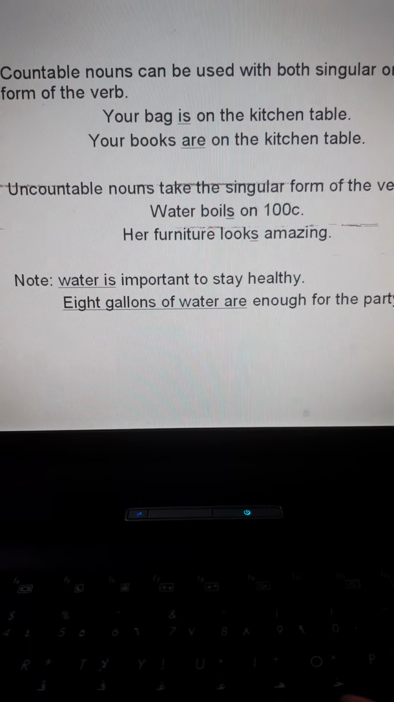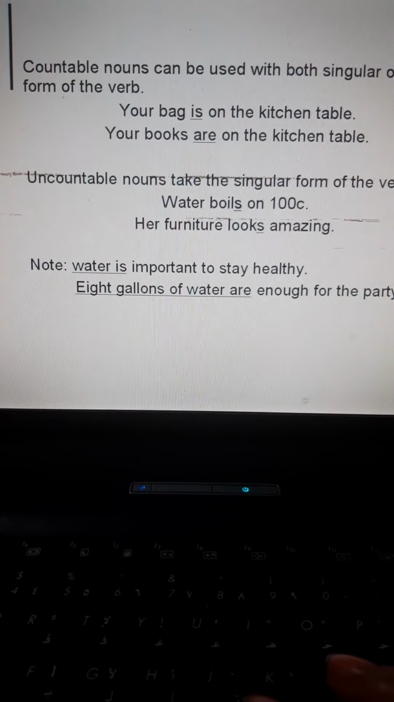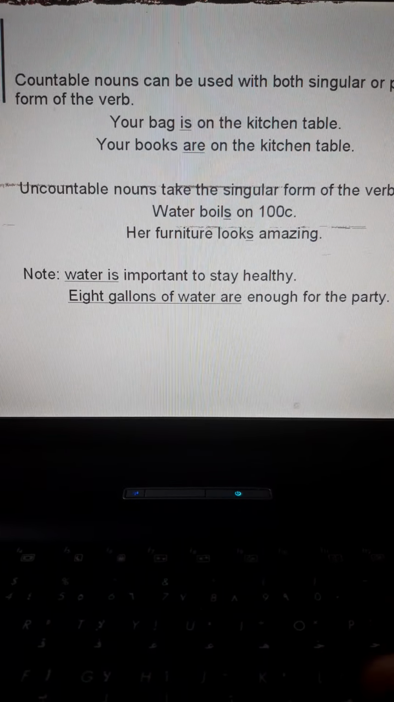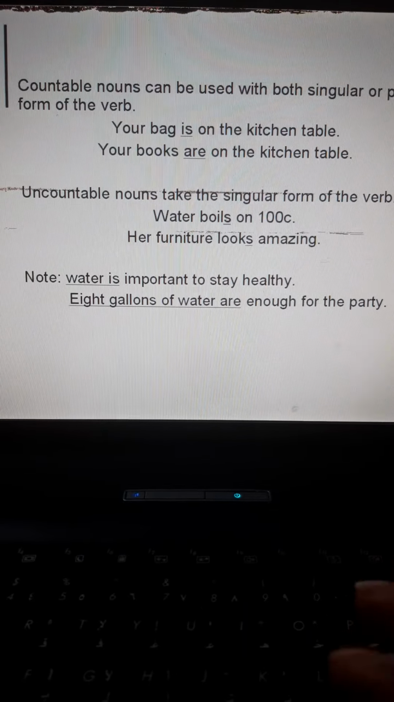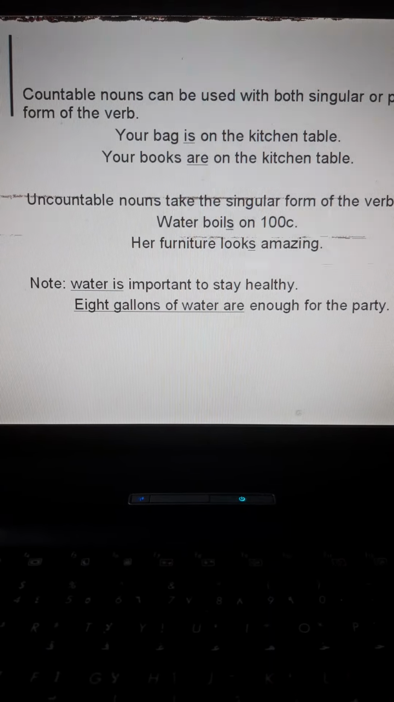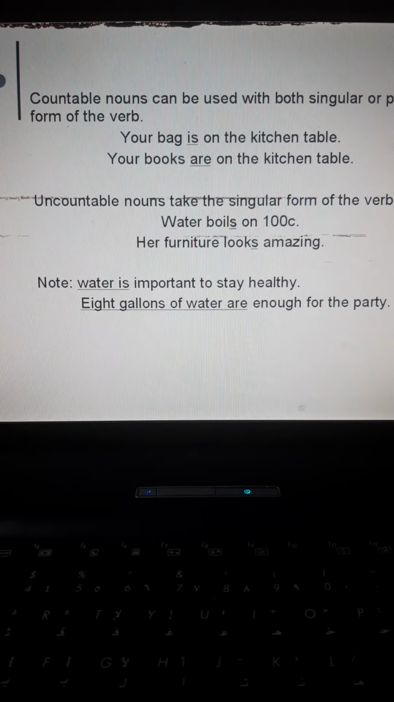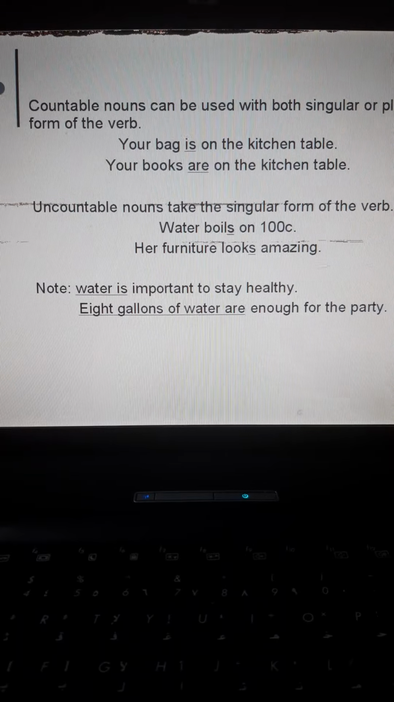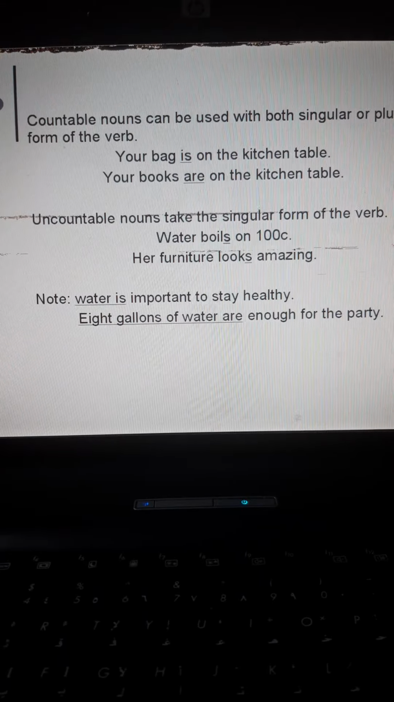Countable nouns can be used with both singular or plural form of the verb. حكينا إنه countable nouns مرات هي بتستخدم مع الفعل المفرد، مرات تستخدم مع الفعل الجمع. ليش؟ Because we have both forms of the noun. Okay? We have a singular noun and a plural noun. When it is singular, then we need to use a singular verb. When we have a plural noun, then we need to use a plural verb,